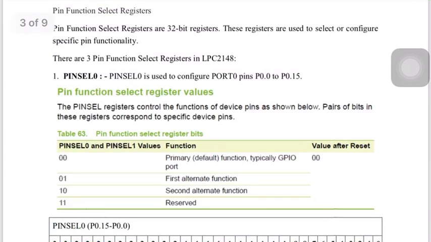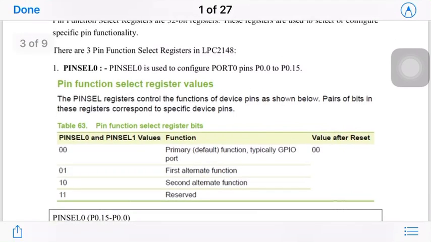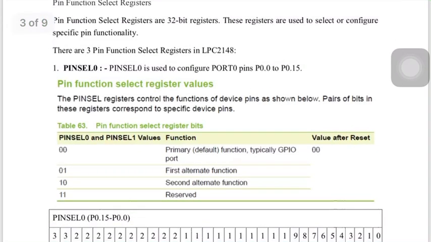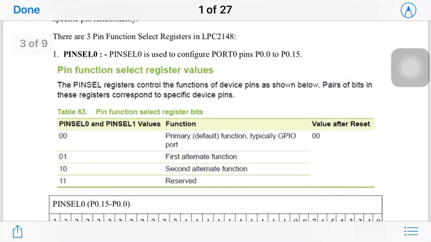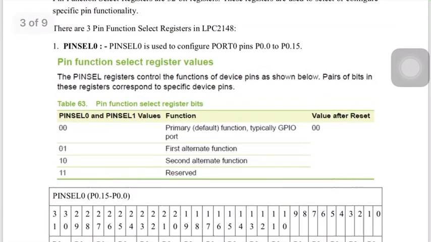Our LPC2148 has 3 pin select registers, labeled PINSEL0, PINSEL1 and PINSEL2, that is, pin select 0, pin select 1, pin select 2. As we said, these registers are 32-bit, and to configure one particular pin we require 2 bits.